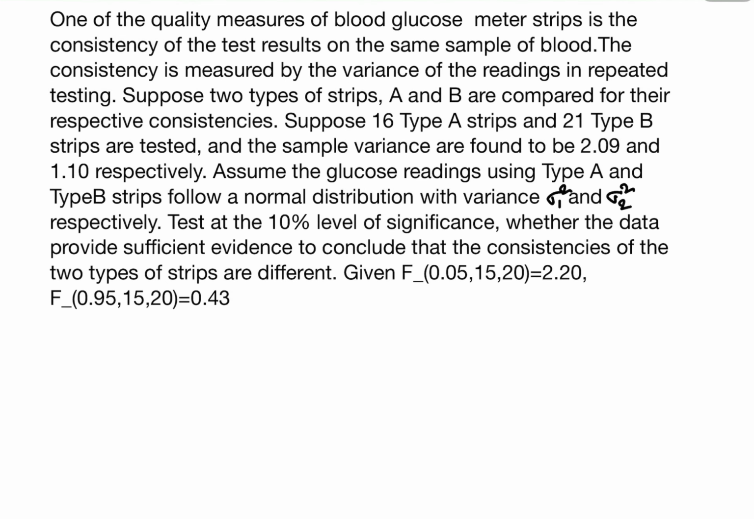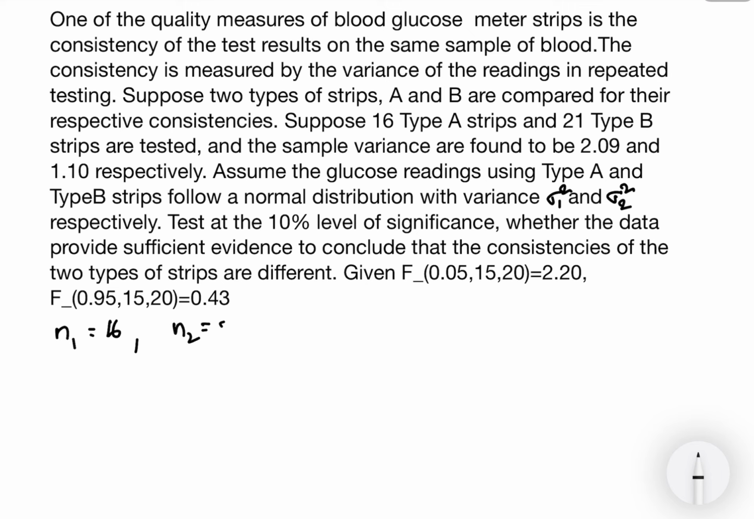The next problem reads like this. One of the quality measures of blood glucose meter strips is the consistency of the test results on the same sample of blood. The consistency is measured by the variance of the readings in repeated testing. Suppose two types of strips A and B are compared for their respective consistencies. Suppose 16 type A strips, so N1 is equal to 16, and 21 type B strips,